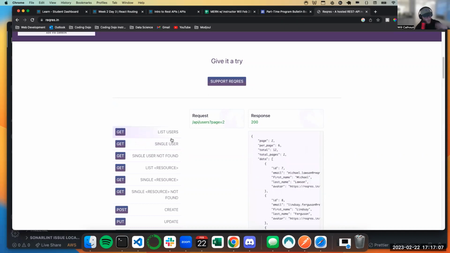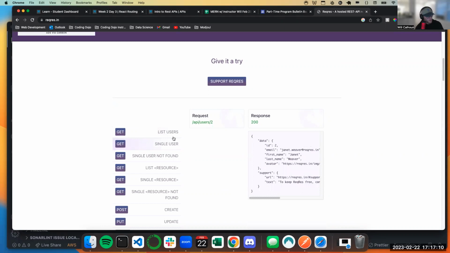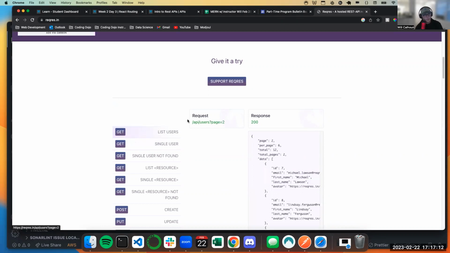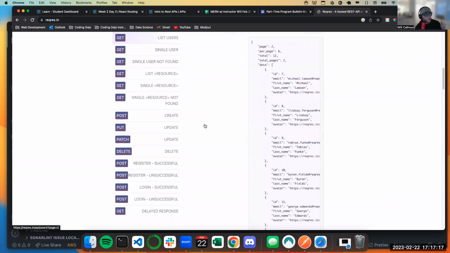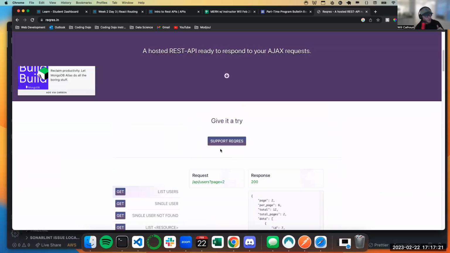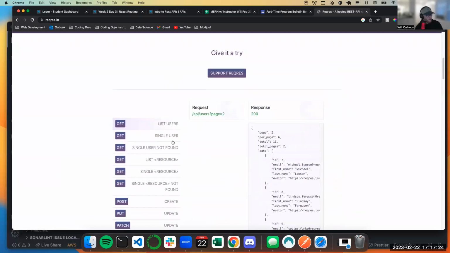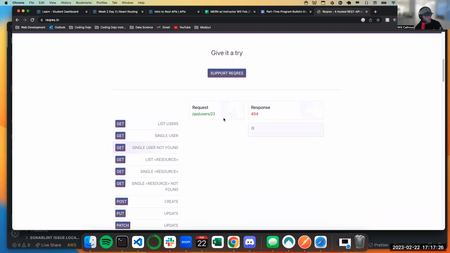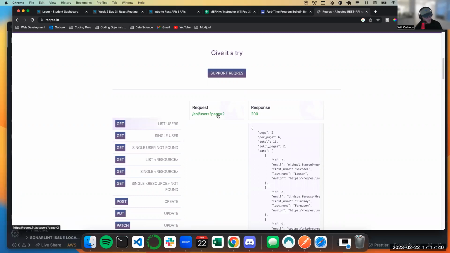And if this isn't making sense, when we actually start making requests, it'll make a little bit more sense. This is the idea behind RESTful, that it just builds upon one another. So if you have anything to do with users, it's going to follow the same format, /API/users. Anything I'm doing with users, if I want to look for a specific user, is going to follow /users/something, or if I just want all users, then I can identify which page I want.